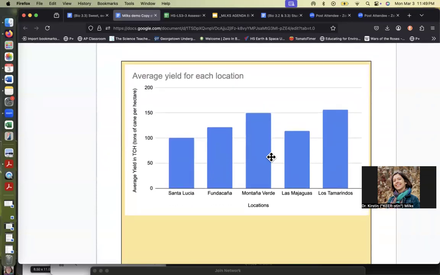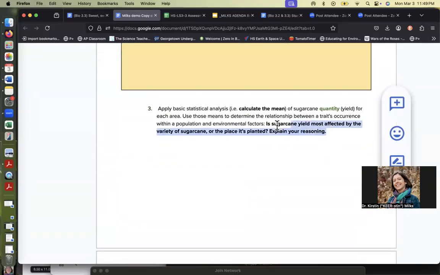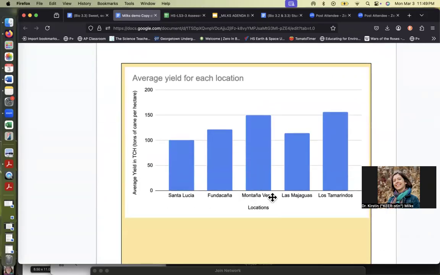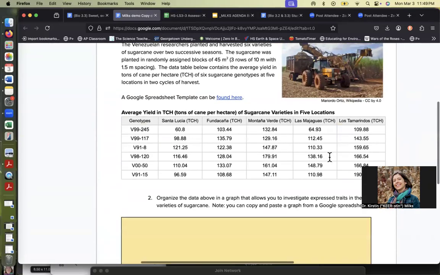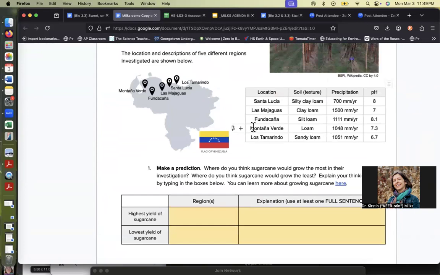And then let's take a look here. Which locations have the best growth for sugarcane? So that answer is what you're going to answer here. Is sugarcane yield most affected by the variety of sugarcane or the place it's planted? And one thing we're going to think about is that Montaña Verde and Los Tomarandos are the two places where you have the highest average yield. Let's go back up and look at those places. So those places are here, this one, and